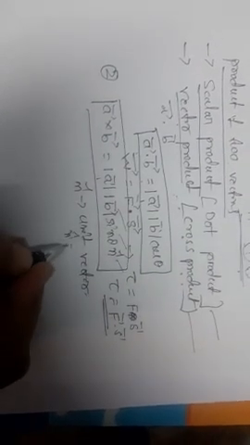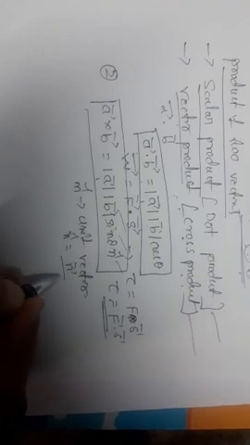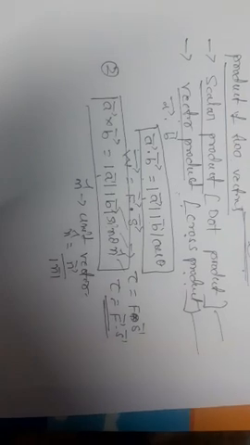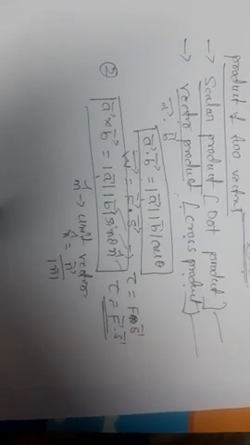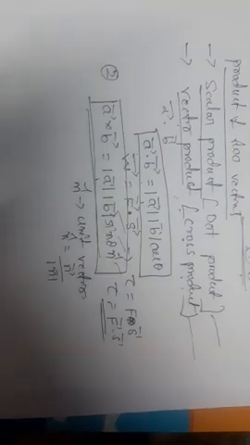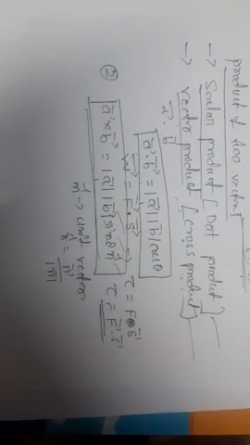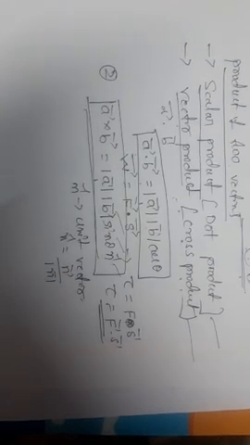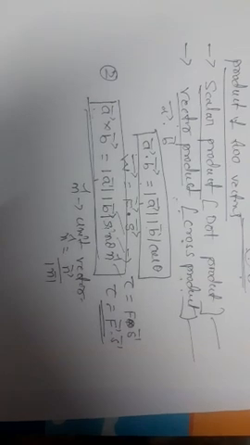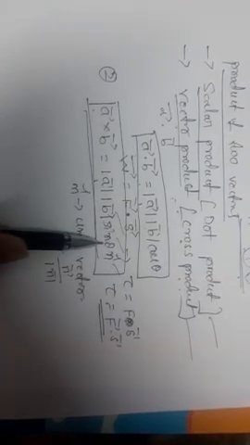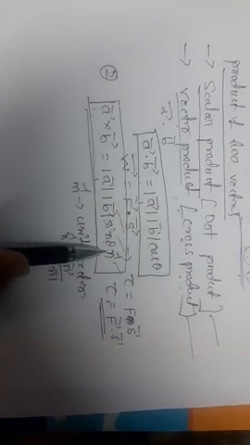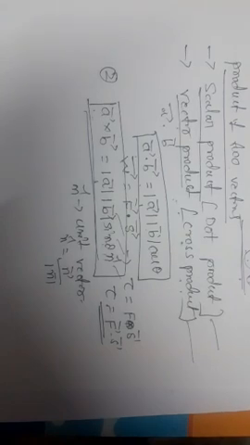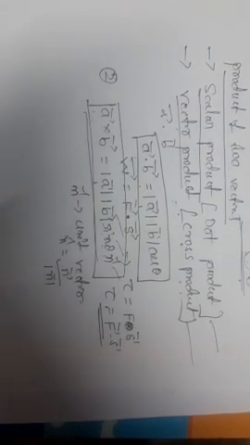The unit vector is defined as vector n by the magnitude of the vector. The ratio of a vector to its magnitude is called the unit vector. If theta is the angle between vector A and vector B, A and B are the magnitudes of the vectors, theta is the angle between vector A and vector B, the n cap is called the unit vector such that vector A, vector B and n cap form a right-handed system. Okay, now this is the definition of vector product.